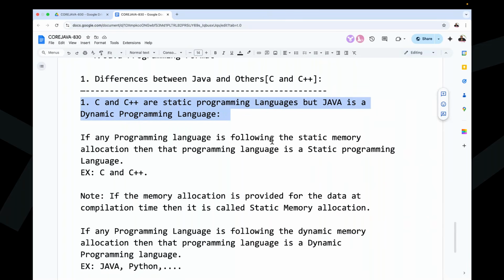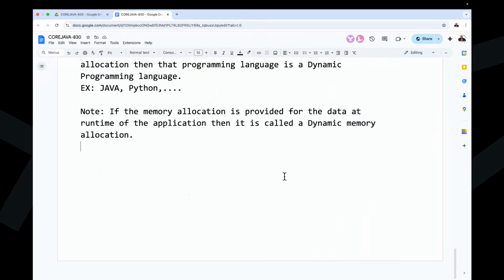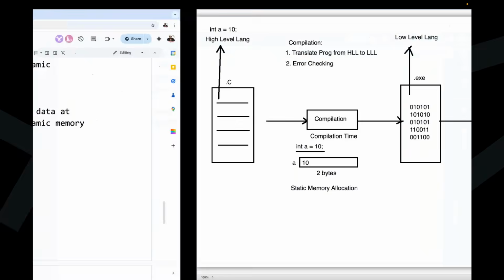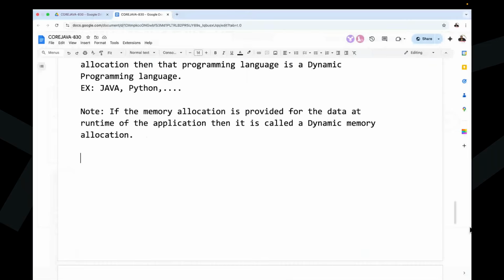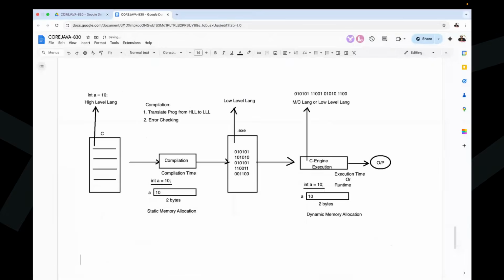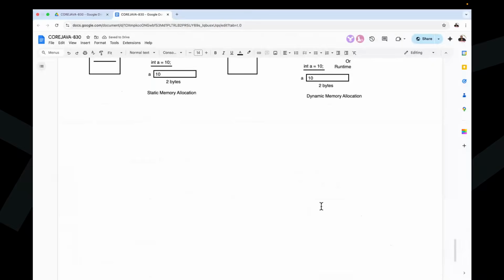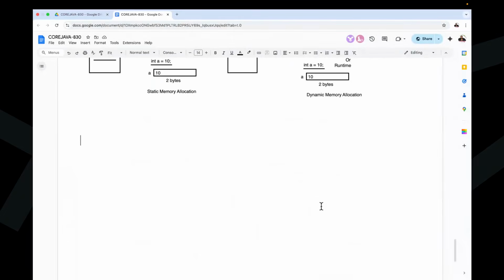Guys, now you only tell me, is the diagram required or not required? If you say not required, then I'll leave it. If you say required, then I'll paste it. Diagram is required or not required? Whatever diagram I prepared for it. Right, nice. Now, most of the people are saying required. Then I'll copy and paste it. Don't worry. Clear. Completed. Can I move forward? Can I go for the second point here? First difference we completed. Can I go for the second difference now?